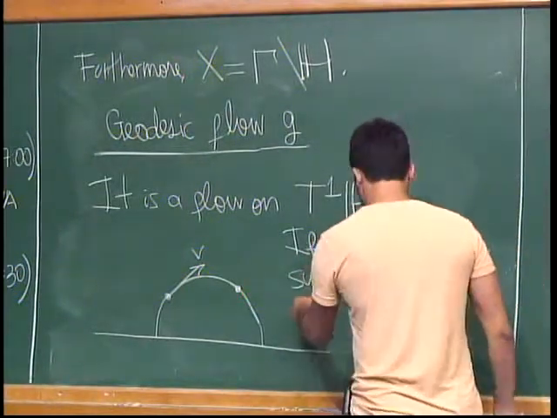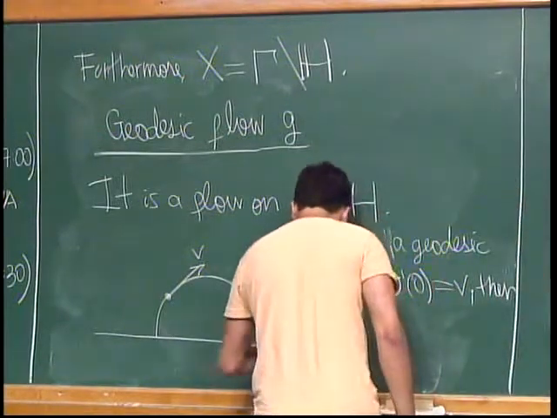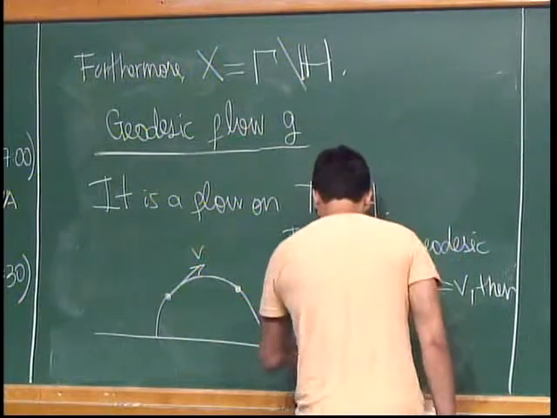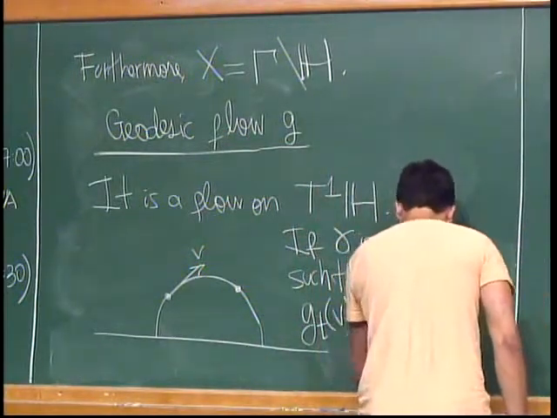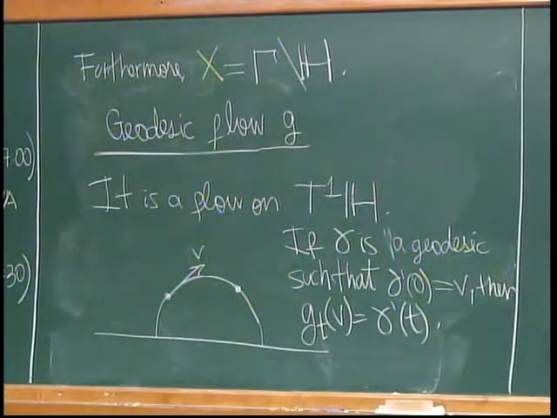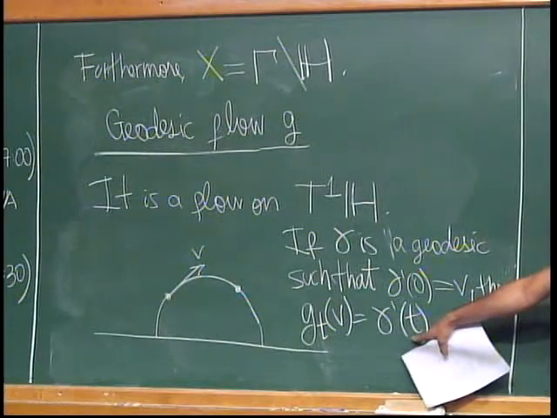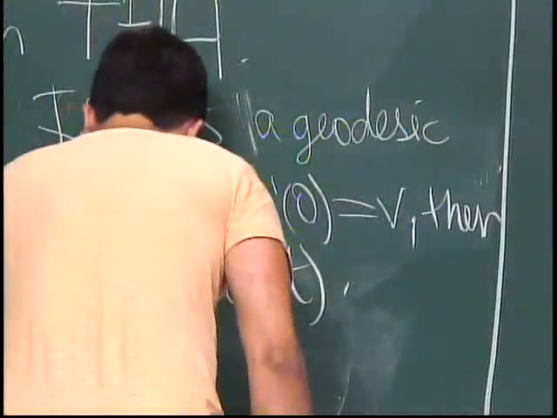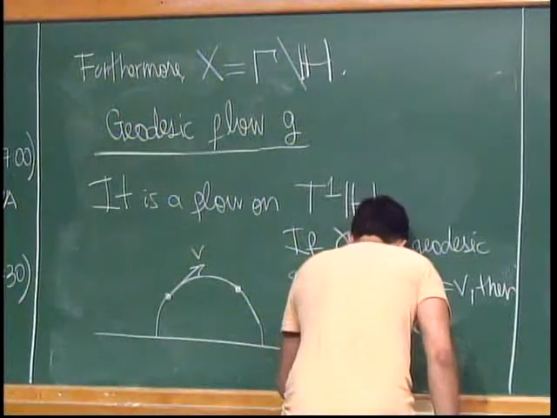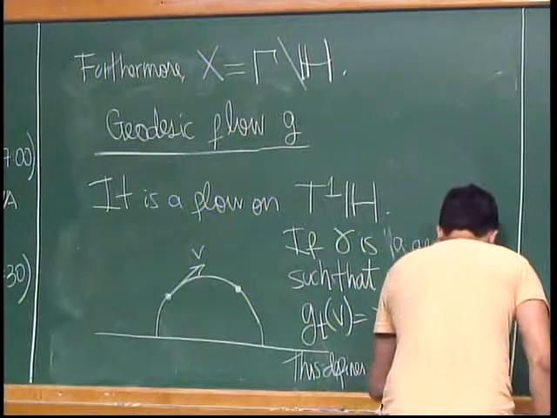So if gamma is a geodesic such that this happens, then the geodesic flow, which I'm going to define as g_t, takes v, walks t in the direction of the geodesic, and looks at the vector that's defined at this time t. Okay? So this defines a flow g equals g_t